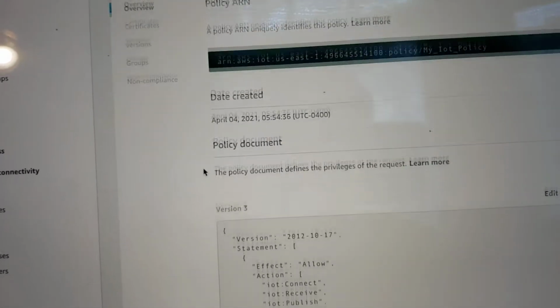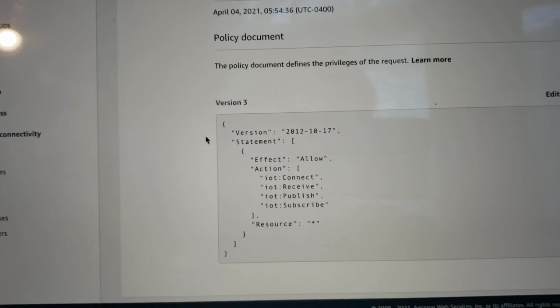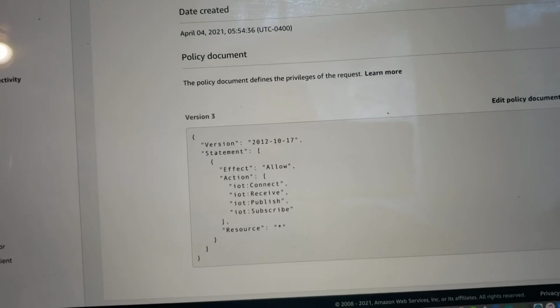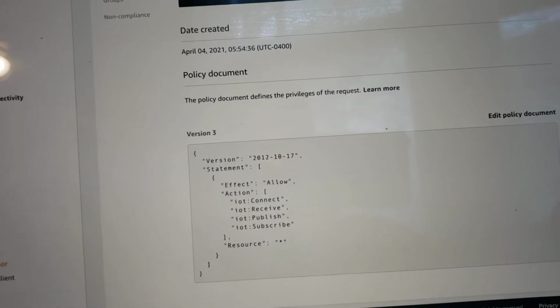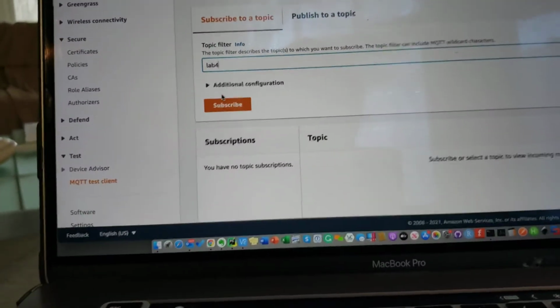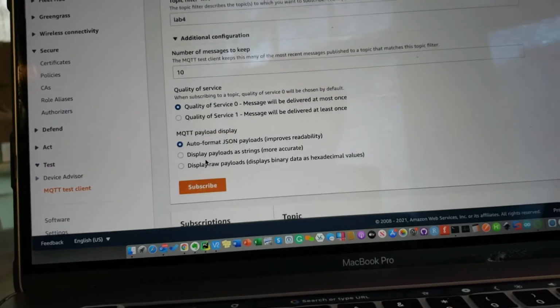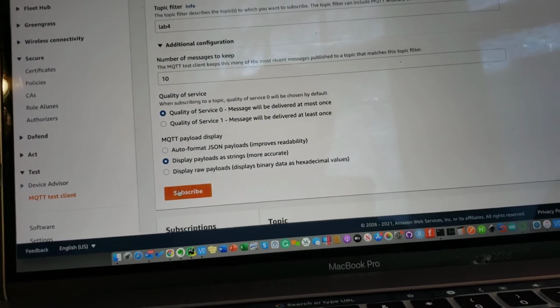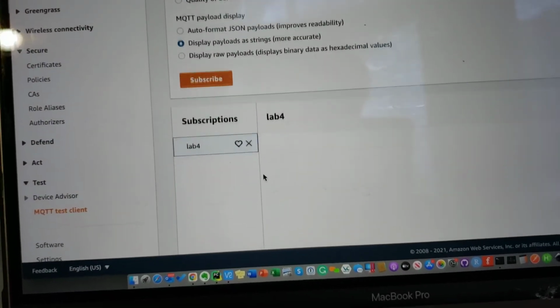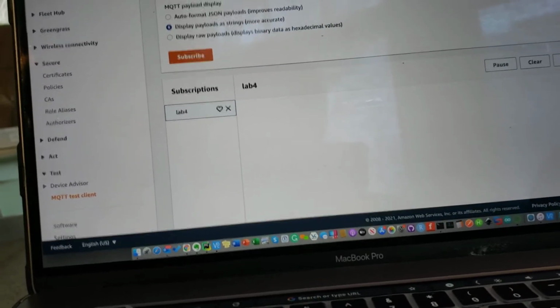So we have policy, IoT policy, and if we click on that, we can see how it's specified there, just as it was described in the instructions. And so we're also going to test out how they communicate. So we're going to create a subscription, and we're going to make sure that we can see it. So we'll come back here and make sure the payloads are strings, and we'll subscribe. And so now if we look down below, we see that we are subscribed, and we can move on to